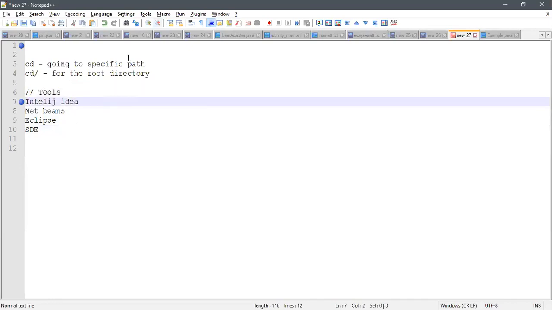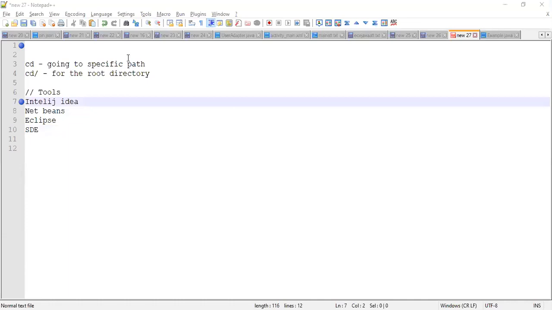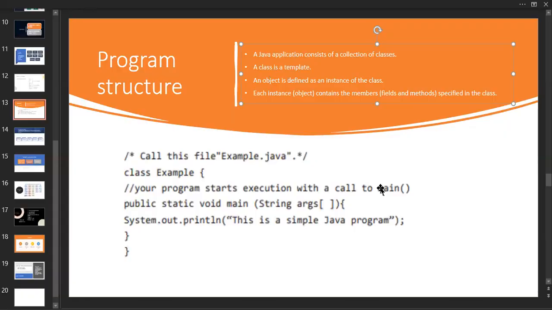Okay. Now it has been done. We'll go to the tool itself. Okay, now the program structure is understood by you. I think in my own words, I explained it to you. So completely think like Java consists of a collection of classes. So an application consists of a collection of classes. Okay, the class is a template. Consider this as a template. And you access each and everything inside a class by creating an object for that. So you will get a clear idea after examples like this.